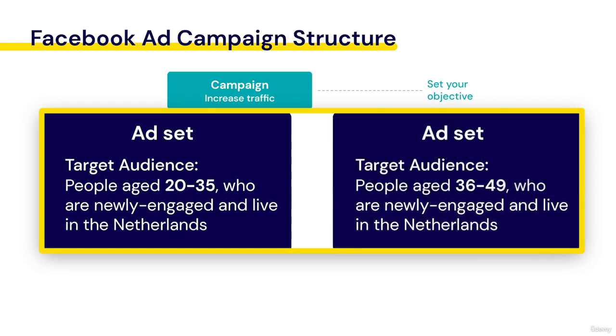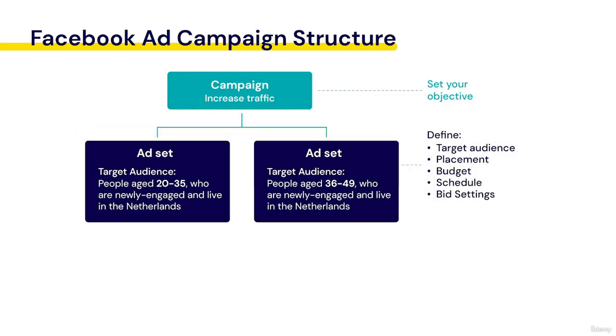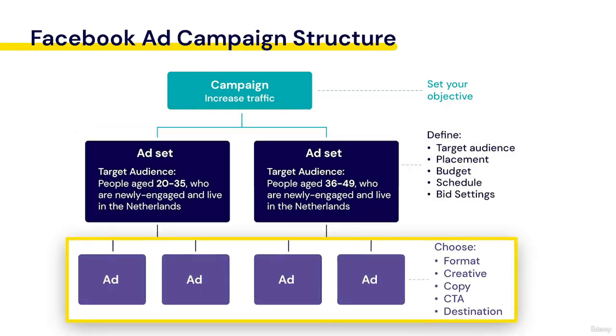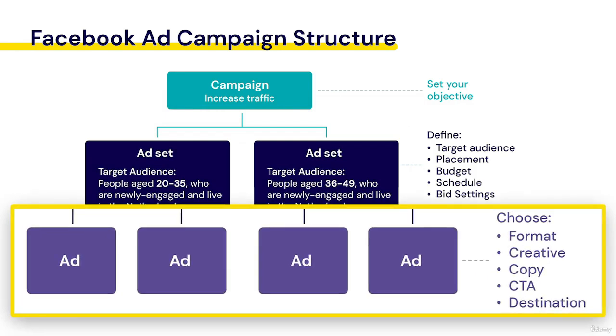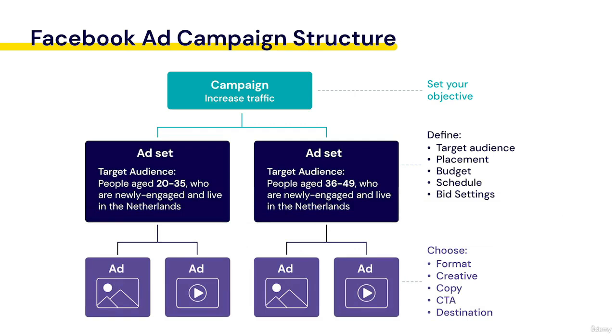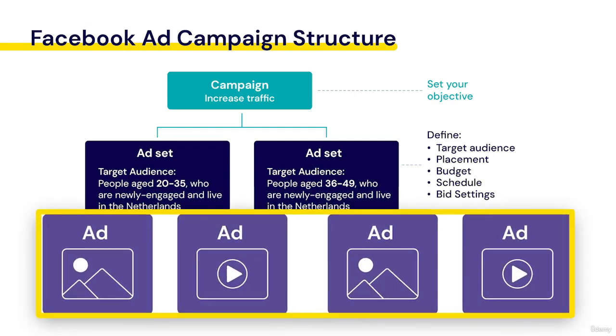The third and final level of the campaign structure is the ad level. The ad level defines what your audience will actually see, for which you first choose the ad format and then you will add videos or photos, write the copy, and define your destination. Keep in mind that you can have multiple ads within a single ad set. Kala and Ivy could, for example, test a photo ad and a video ad in each ad set to learn